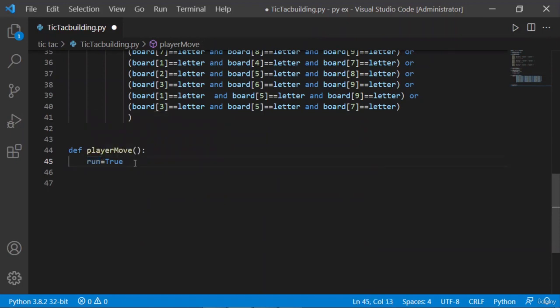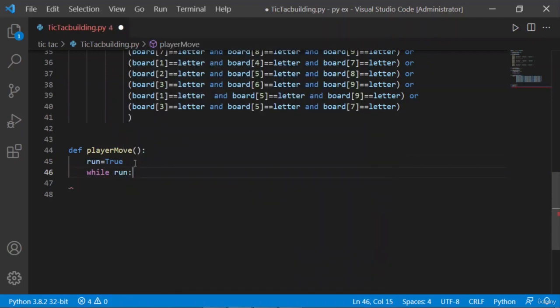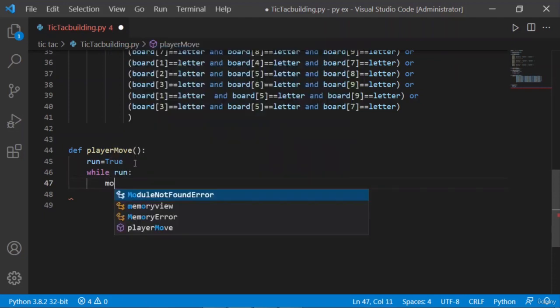It will be difficult for you to understand now because the code is not complete and it's a bit complicated. But as I finish the code and also explain it, I know you can easily grasp it. So run will be equal to true. It means while run, in this condition, our game will not stop and it will keep running. And now we will take input from the user. So move is equal to